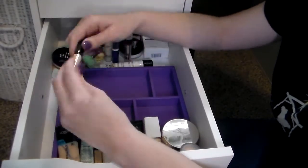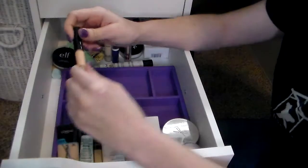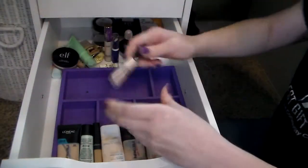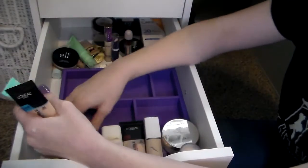We have another primer from e.l.f. This is in like the nude color, and it also seems completely dried up. Man, this did not last very long. Didn't use it that much. But if it's dried up, it's garbage. Okay, moving on to...